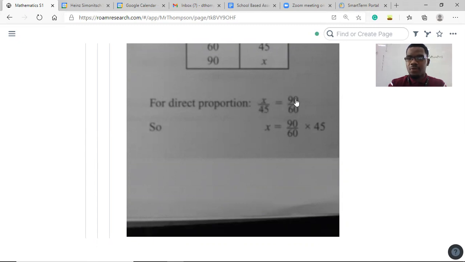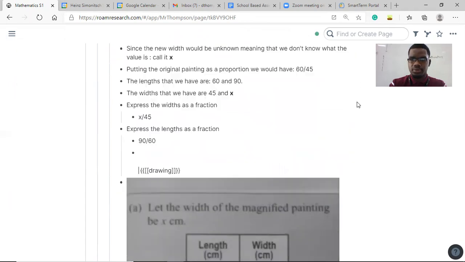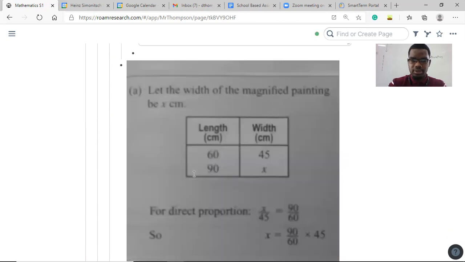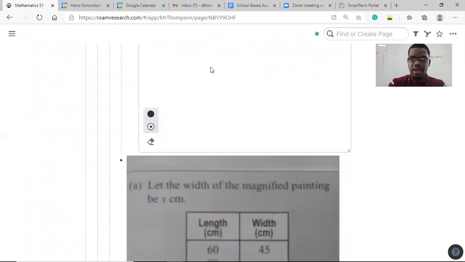To get this value over here, let me write a fraction to show you, because you guys are doing fractions, so we could really go through this. All right, look at this fraction for me. Let's break this down. So we have X divided by 45. Picture 45 as like a brother, right? For you to get rid of that brother, so he doesn't bother you anymore, you need to find his twin brother. So you multiply him